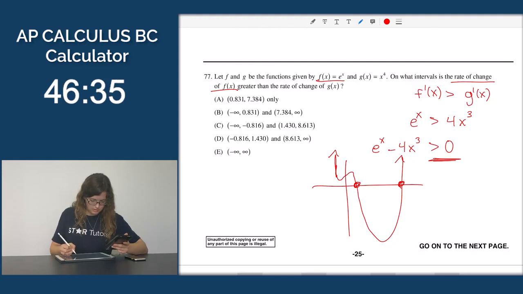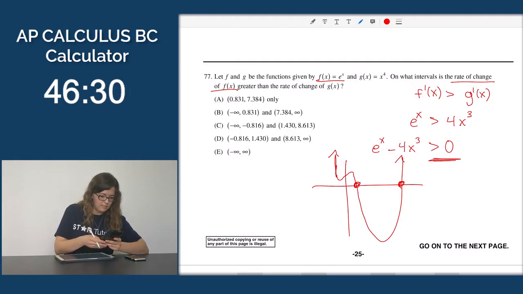except between here and here. So I'm going to find those points. So analyze graph. I want to find a 0. You got to give it the left bound and the right bound, the lower bound, and oh